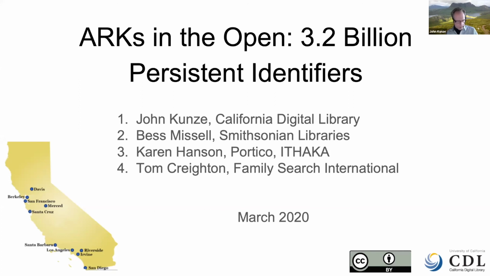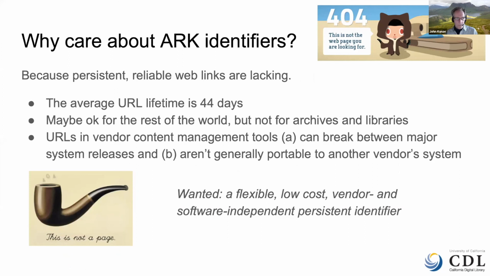Why should we care about ARK identifiers? The average lifetime of a URL was once said to be 44 days. At the end of its life, a URL link breaks, meaning that it gives you the dreaded 404 not found error, which most of us have seen. Irritating as that may be, it's extremely awkward when prior results are unavailable as you try to renew your grant, and it's a minor disaster for memory organizations like archives, libraries, and museums.